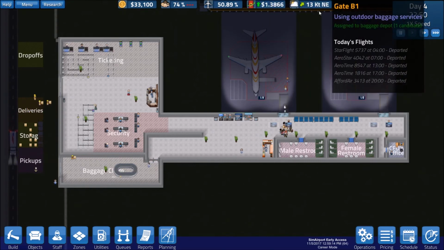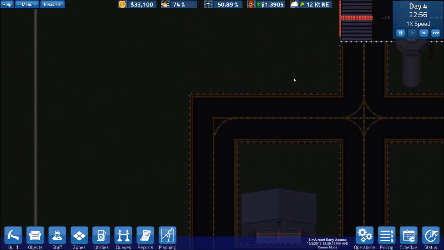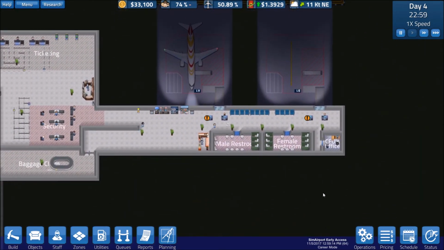So one thing that is new in this game is weather conditions. Not that that's really relevant right now, but there was a little bit of a delay earlier on because the weather conditions had gotten bad. So that's something that you need to be aware of. The PAPI lights help us out with the weather conditions, so we did get those installed. And then, of course, the air traffic control tower. I don't know that that makes any difference with weather, but